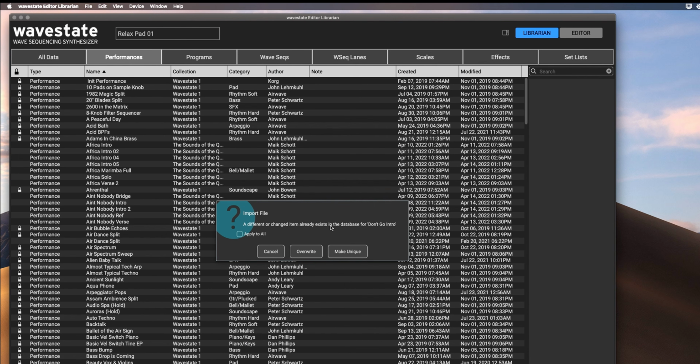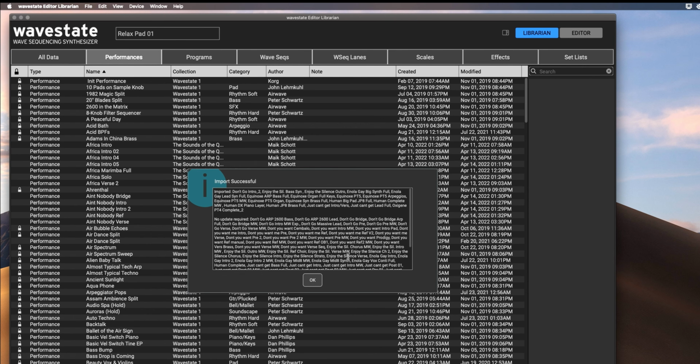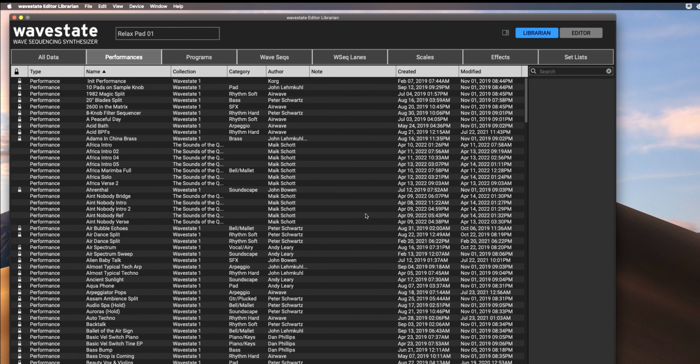Import. I changed some sounds in my wave state, so he's asking if I want to override it, and I press Make Unique. And this as well, and importing files. And now both libraries are inside the wave state.